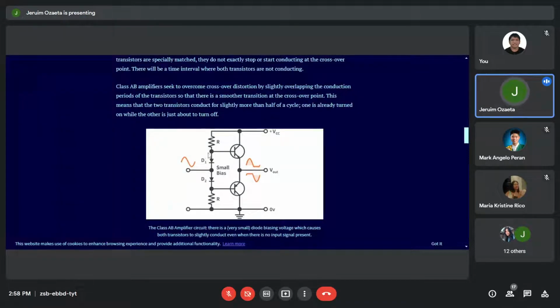Therefore, the bias going into the base will be the positive value. Since this is NPN, the positive signal will make the transistor forward biased. Therefore, it causes a forward current in the emitter and base circuit, causing the signal to be replicated in the positive direction. The same way here,